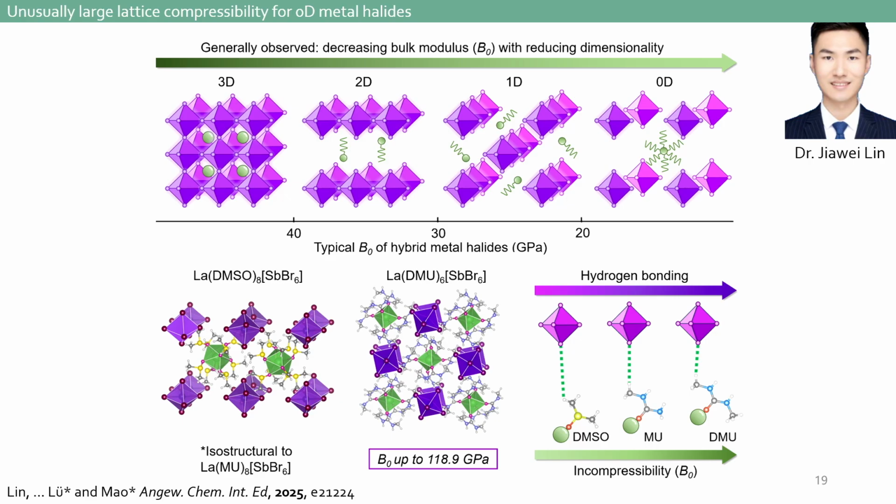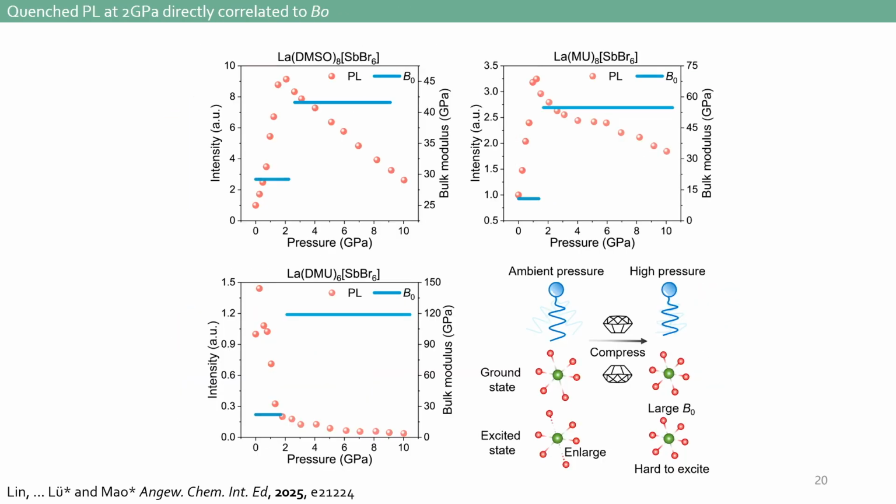But if we look at this system, we change the chloride to bromide because of a wavelength excitation restriction in this case, and then we can see the bulk modulus go really high at some point when you increase the pressure. This has to relate to the hydrogen bonding strength when you change the different solvent ligands, from DMSO to DMF, and then this hydrogen bonding becomes much stronger, so that when we increase the pressure,